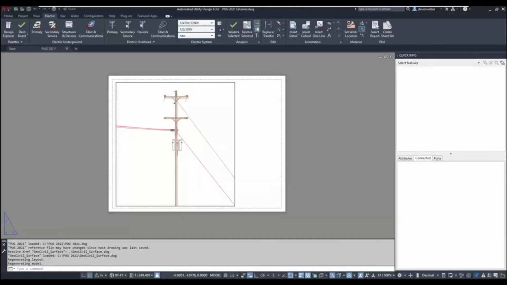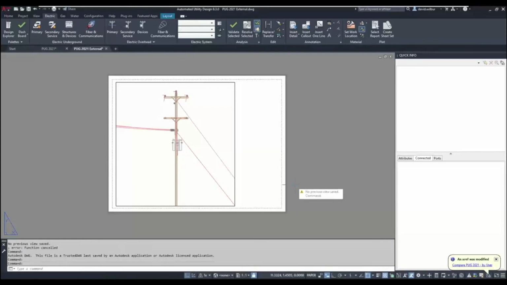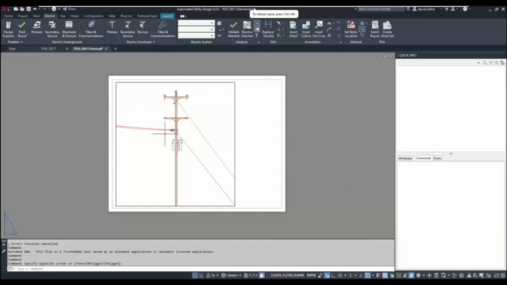So this drawing was created just from a regular AutoCAD template. This is not an AUD drawing, although I've referenced in the other drawing. I don't want to compare it, so I'm going to close out of that. And here you can see I've created